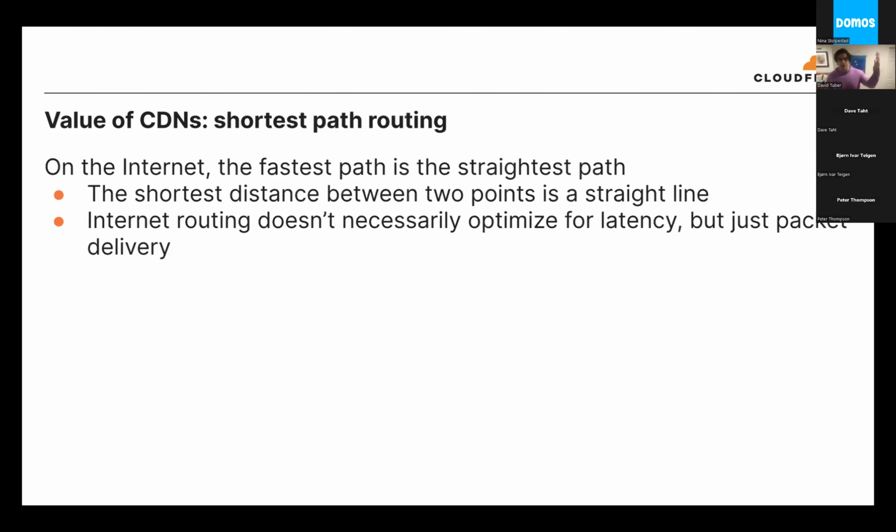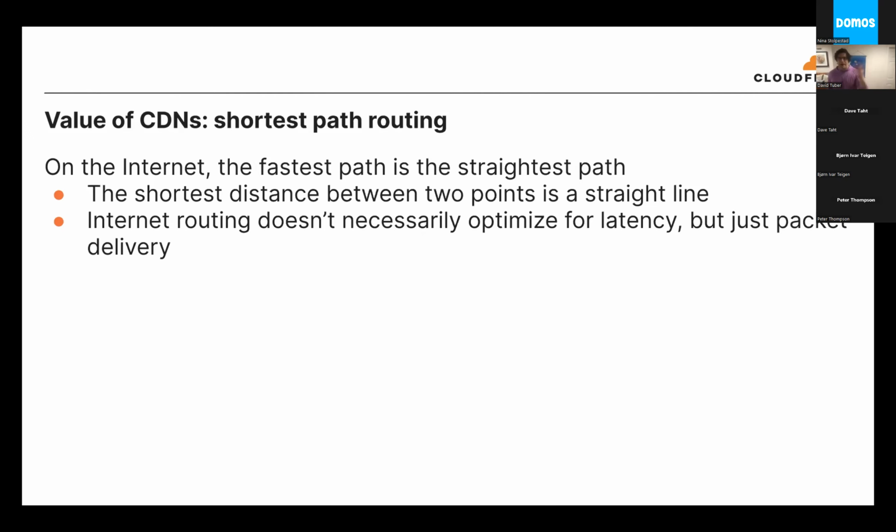And another thing that CDNs do is optimize for shortest path dynamic routing. So you're never going to be in a case where you can host your content on a CDN and just be like, I'm done. I don't need a website anymore. You'll always need an origin network somewhere. You'll always need an AWS or a self-hosted server or whatever. And when users have to go back to that server, they want to take the fastest path possible. The shortest path between two points is a straight line, but that's not how internet routing works. Like, internet routing, as many of us know, and as Dave showed, does not optimize for latency.